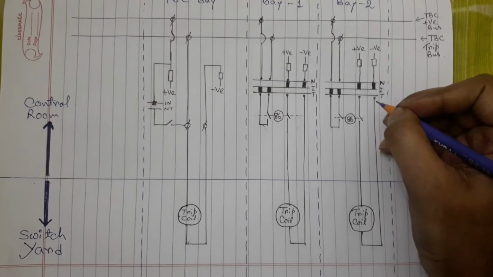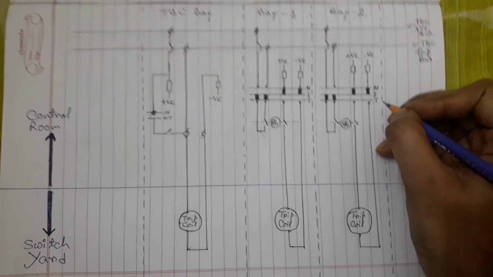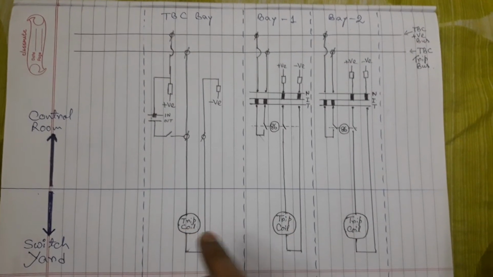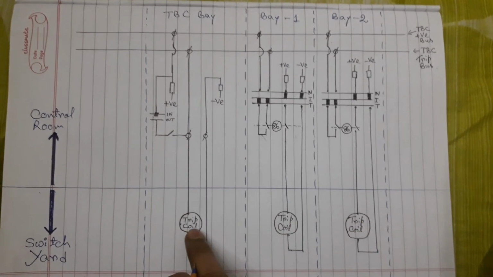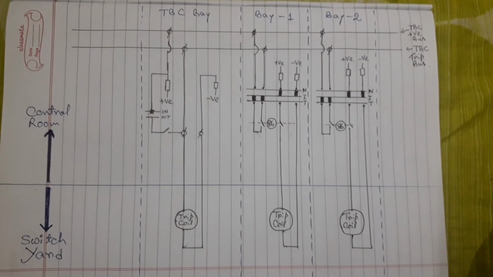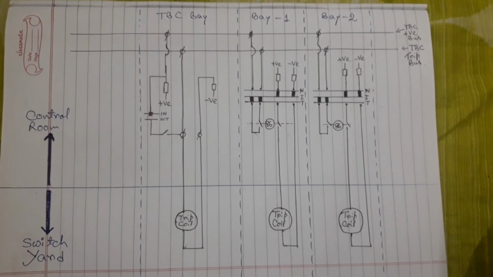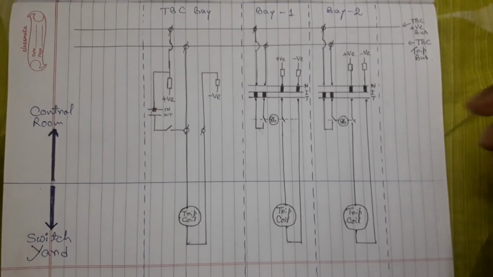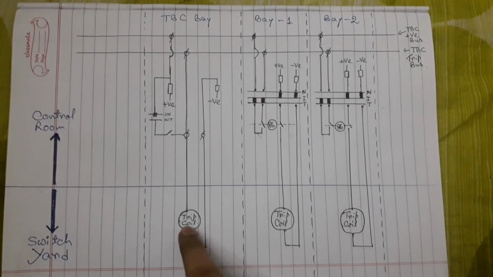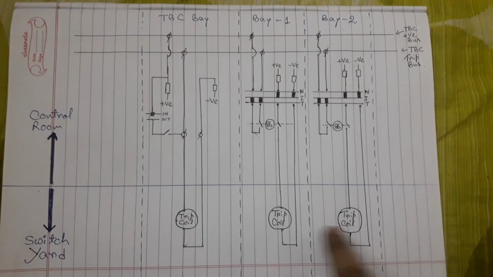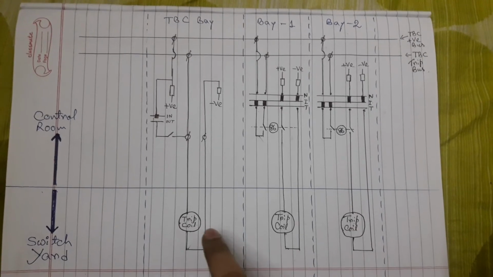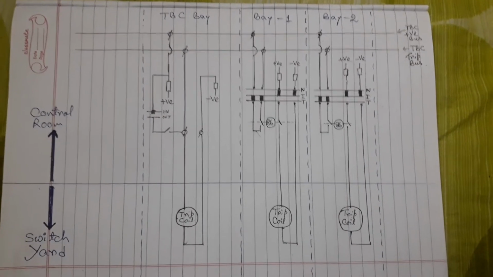But during transition condition, when we divert the load of this circuit breaker to this circuit breaker, we generally engage both circuit breakers in parallel, because we cannot interrupt our load. In that condition, if a fault occurs in this line, then of course we have to trip both breakers, because these two are connected in parallel. So we should trip both circuit breakers in that condition.